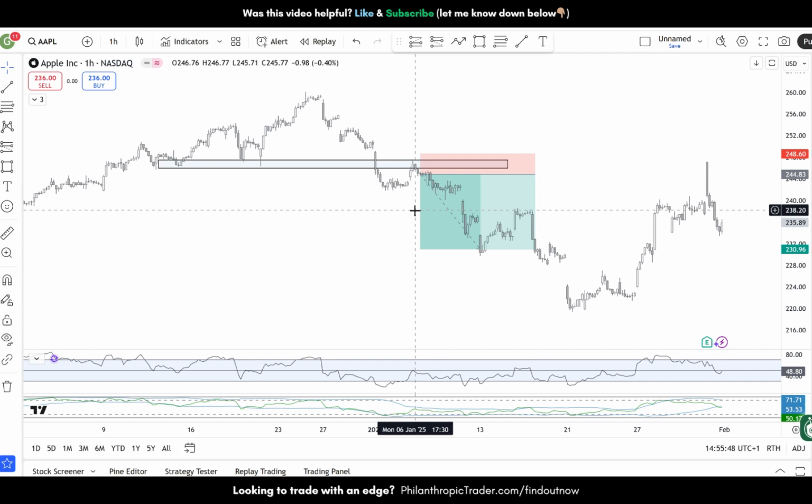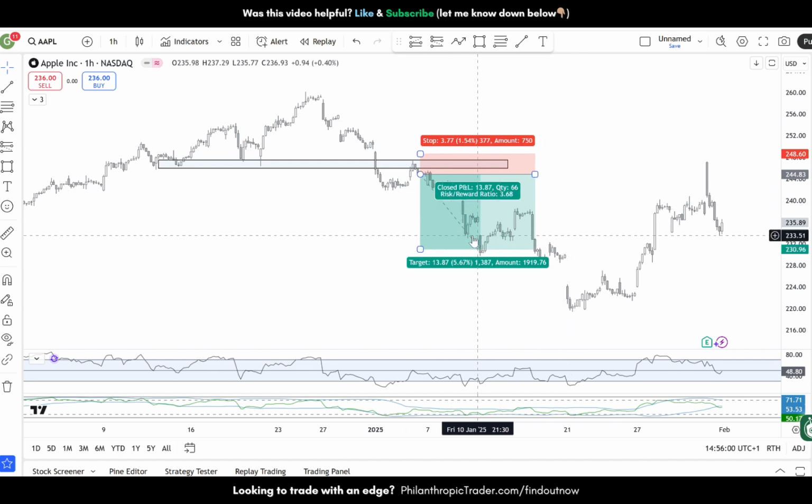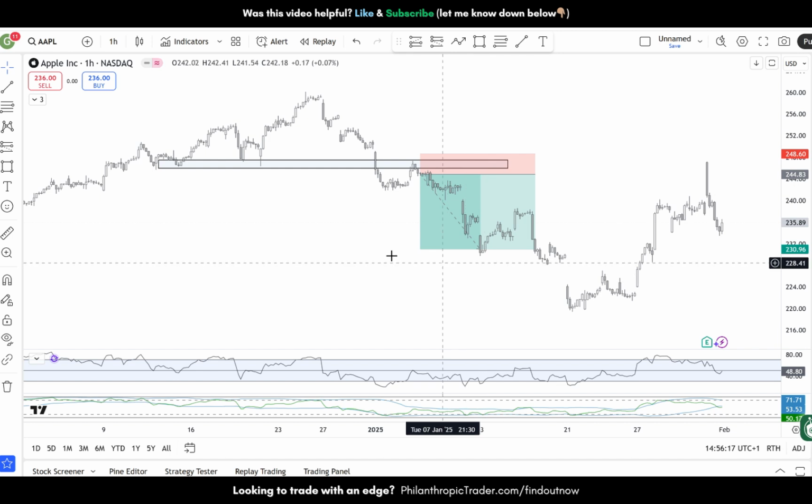The pro is of course less screen time than day trading and also potential for larger gains. But the downside is that you have overnight market risks, and it also requires patience. For example, over here we see it nicely moves to the downside, but we also have moments that it ranges a little bit and then it goes slowly to the downside, or it retraces, and then finally it goes to the downside. So you really have to be patient, and it's best for traders who prefer structured trades